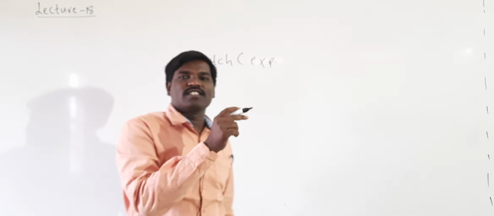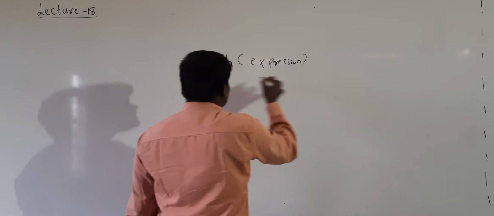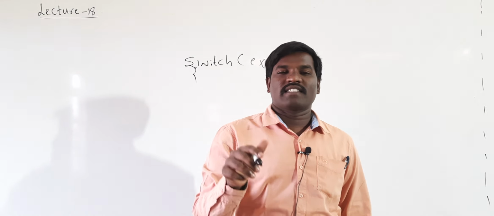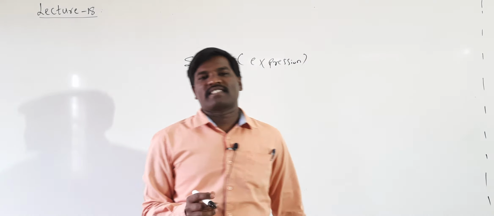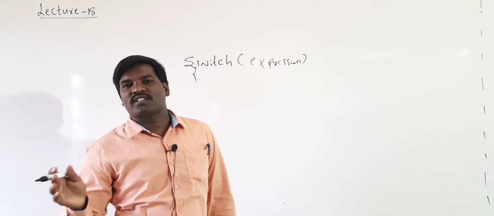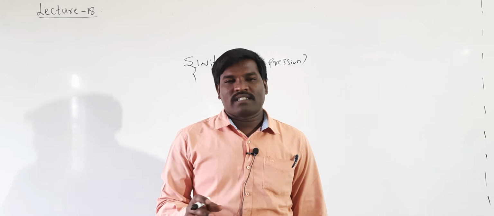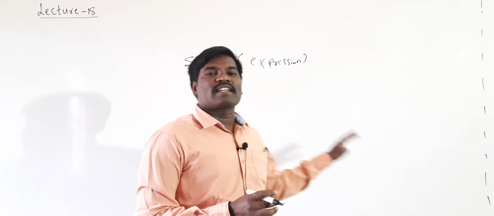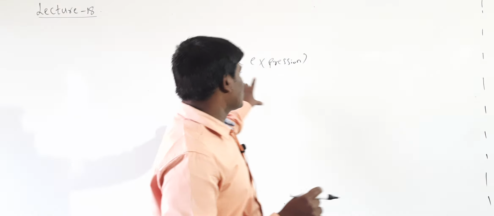If the condition is true, it will execute the statement. Otherwise, it will come to the else if block. Again, in the else if block, it will check the condition. If it is true, again it will execute the statements, and this process will repeat up to the else block. But here the switch statement is an alternative to the if else if then else, so we have to use the switch statement.